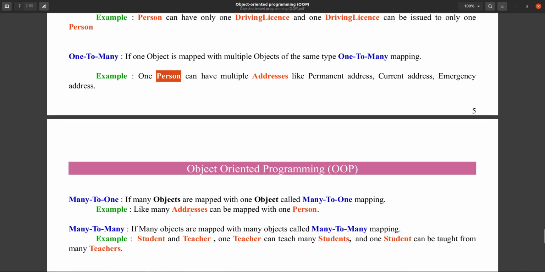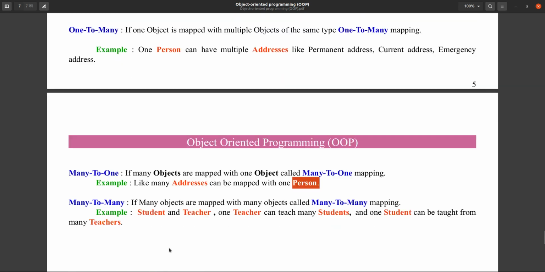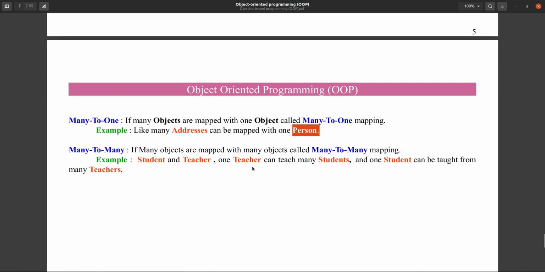So the same thing, many addresses can be mapped with a person. Many to many means, we have already seen the first example, like teacher and students. One teacher can have n number of students, and one student can have n number of teachers. So this is a many to many relationship.